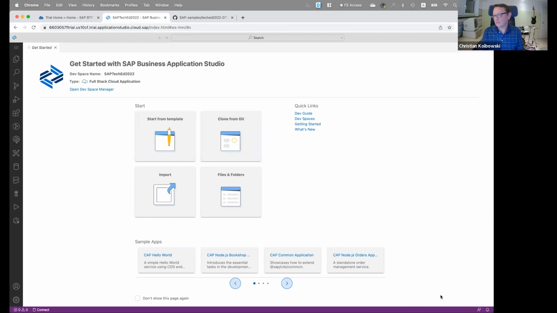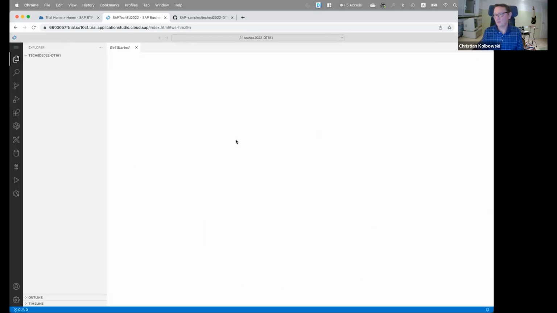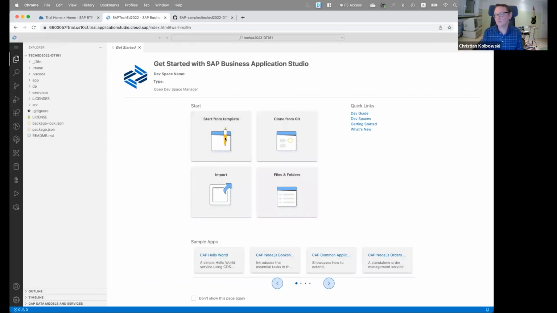We open the cloned repository. This will refresh the Application Studio. Now we're ready to go. What we want to do first is to use the app generator in order to generate the app based on the scenario. We have here the CAP Node.js S-Flight OData service in this clone project, which will be the basis